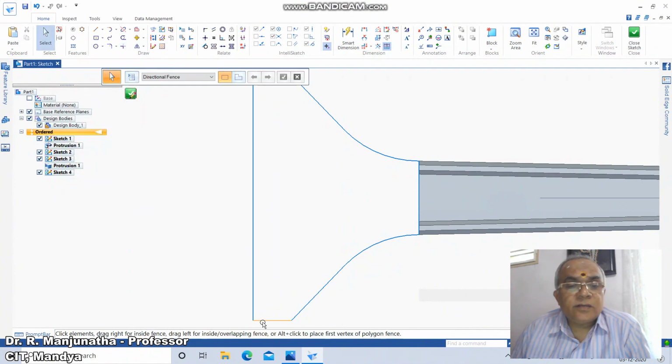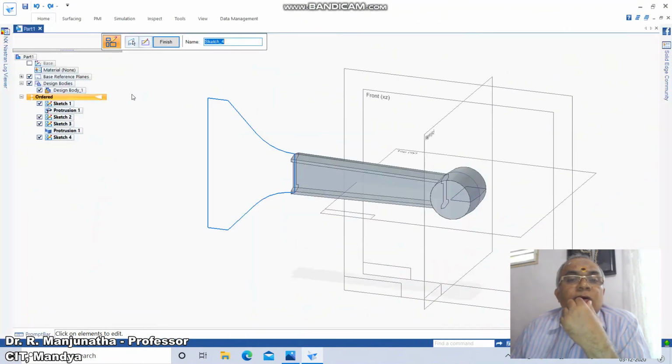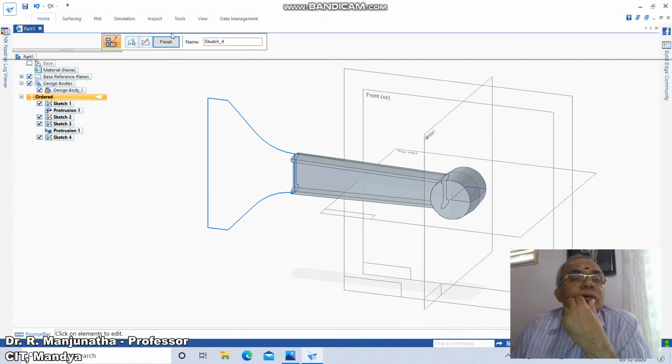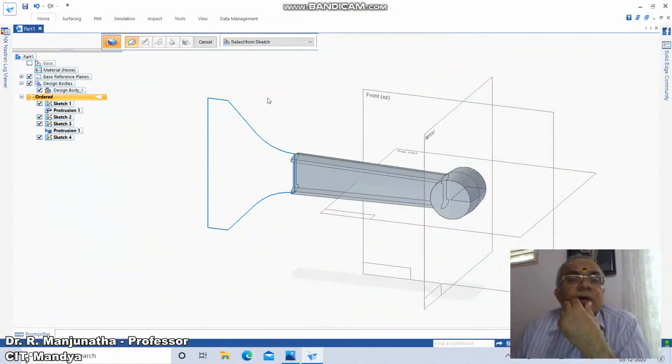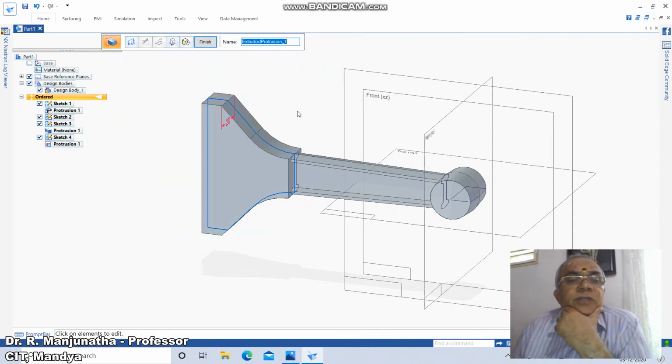So here might be having any two lines. Then go to close sketch, click on home, click on extrude, click on this, accept. So go to symmetric extent, take the distance as 20 mm. So now we got the